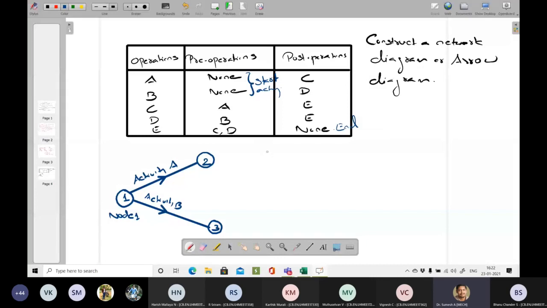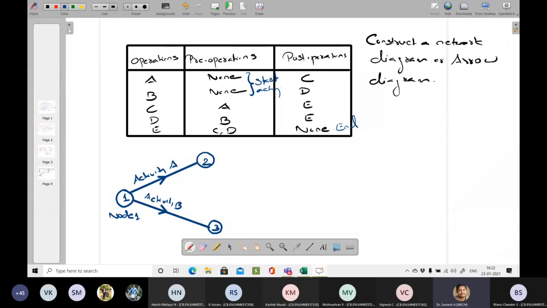Activity C has a pre-operation of A, and the post-operation of A is C. So activity C can be started only after the completion of activity A. Whereas activities A and B are simultaneous activities which you can start concurrently, or there are other ways that we will discuss later, such as how to start early and how to start late. These options we will discuss later.